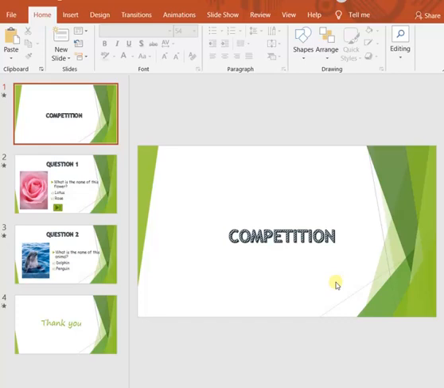By default, Slide Master is the topmost slide in the order of slides that contains common information to all the slides in a presentation. You can see there are 4 slides in this presentation, but this does not mean that this number 1 slide present here is the slide master. Slide master is the topmost slide in the order of slides that contain common information to all the slides. So for that I have to show you the slide master first.